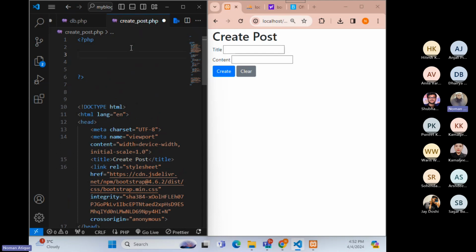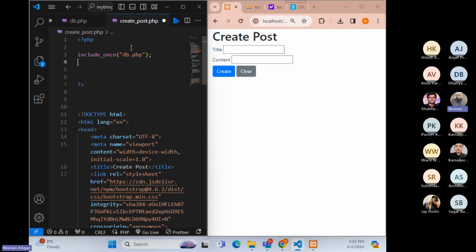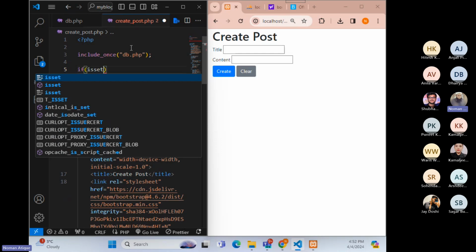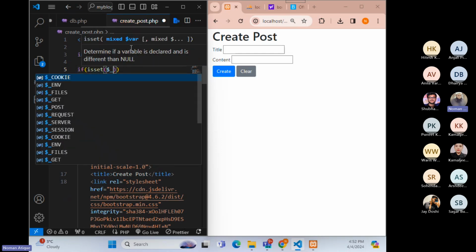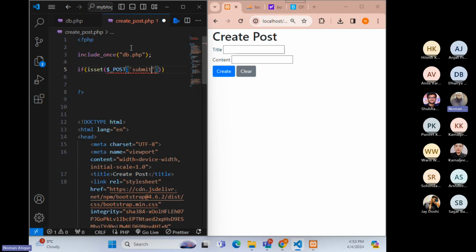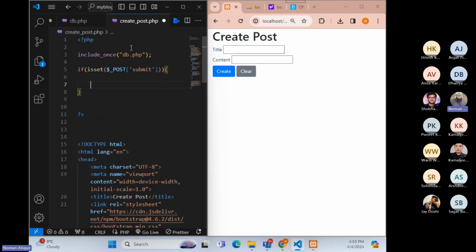Now, first of all, remember, I want to include once db.php, because I need to have the database connection first of all. Make sense, everyone? After that, I can first check. There is a function in PHP called isset that checks for the posting. So if I say post, you remember the post that we talked about? If submit has happened, like if the user has made a submit, what we need to do? We need to go to these text fields, read the text,